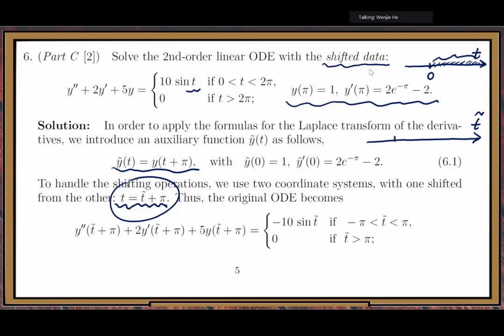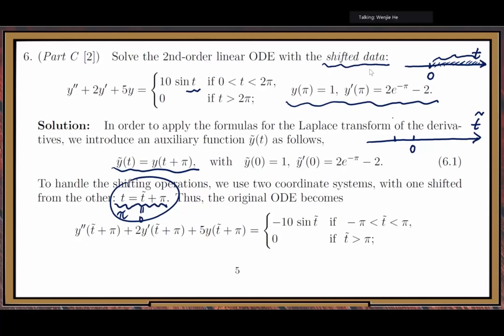So here, translation, right? When t tilde equals 0, t equals pi. This is the 0. When t tilde equals 0,